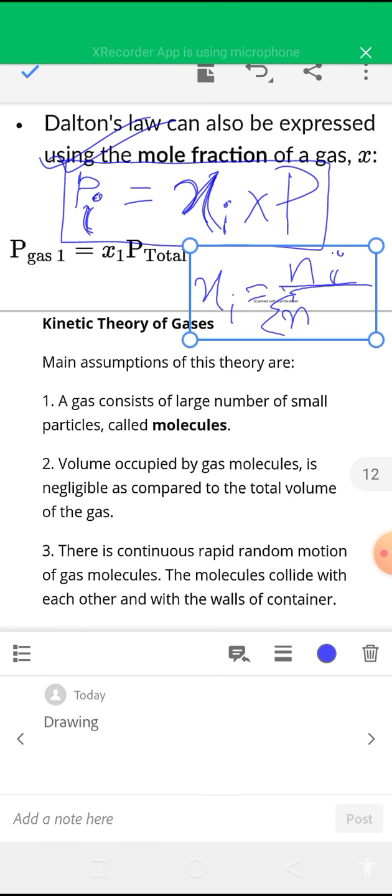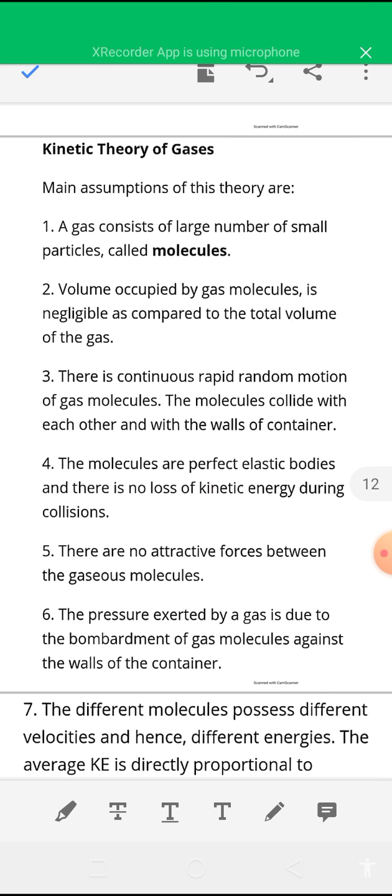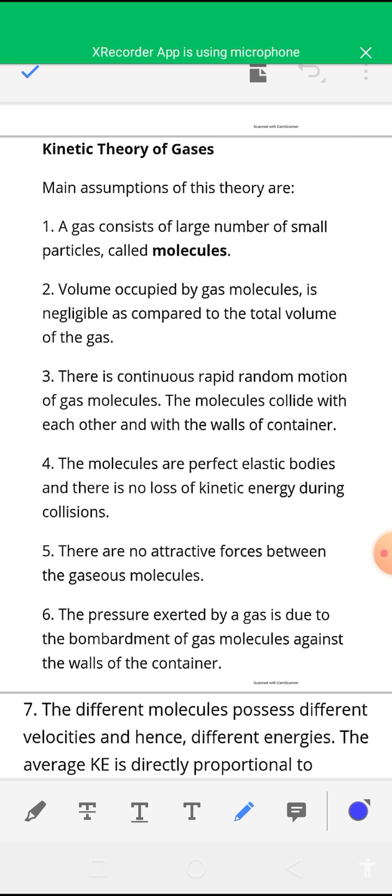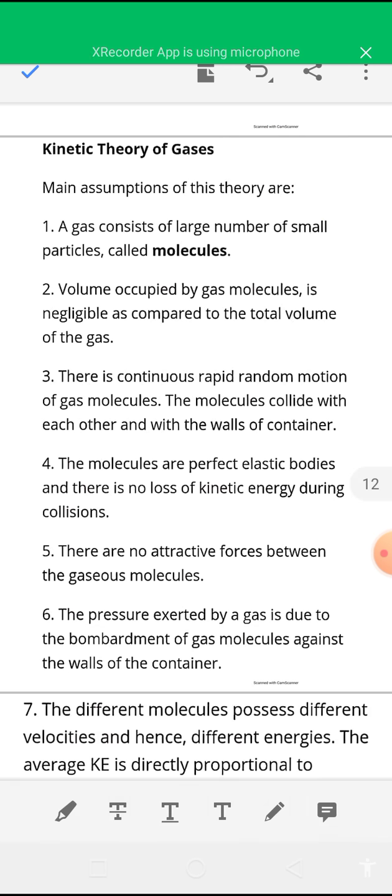So first you have to calculate mole number, and you also know how to calculate it. If mass is given, then you can convert the mass into mole number by dividing the given mass by its molecular mass or molecular weight. For example, if 88 gram carbon dioxide is present, how many moles is that? 1 mole CO2 means 44 grams, so 88 gram CO2 means 2 moles CO2, that is 88 divided by 44. 44 is the molecular weight of CO2. So if you divide the given mass of the substance by its molecular mass, then you will get the mole number.